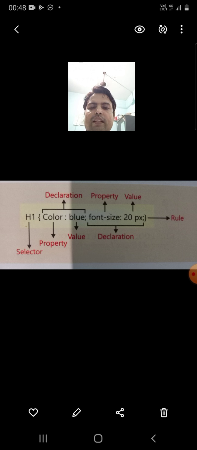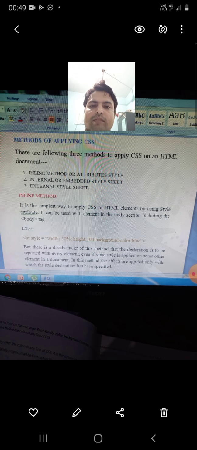Means here color is set as blue. In the next declaration, the property is font-size and its value has been defined as 20 pixels. And h1 is the selector, meaning wherever the declaration has been made, it will be applied. The selector targets that it will be applied on the header 1. The whole set is called a rule.